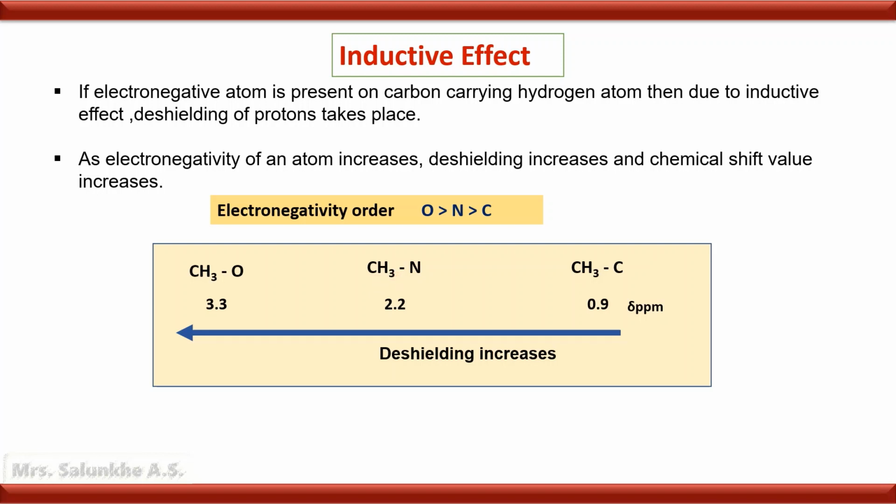And in that case, the proton is present on that carbon atom which is further attached to the more electronegative nitrogen atom. The electron density pulls towards the nitrogen atom, so nitrogen carries a partial negative charge and carbon carries a partial positive charge. And as carbon becomes electron deficient, that proton becomes de-shielded, that is, electron density pulls towards that group, and as that proton becomes de-shielded, the absorption takes place at downfield.